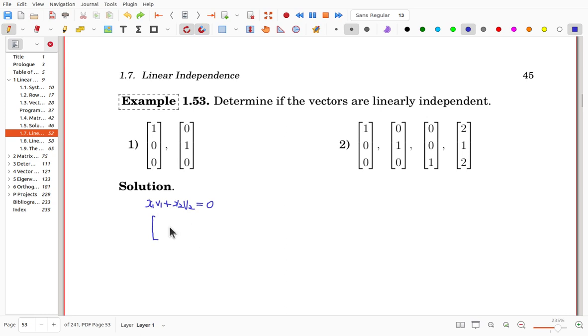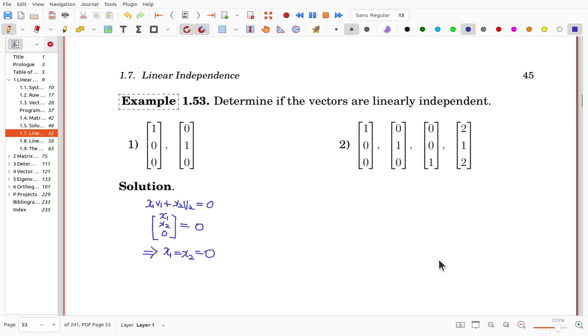The first component will be x1, the second component must be x2, and the final one is 0, and that is 0. That implies that x1 and x2 are simultaneously 0. So the only solution of the vector equation is the trivial solution. So they are linearly